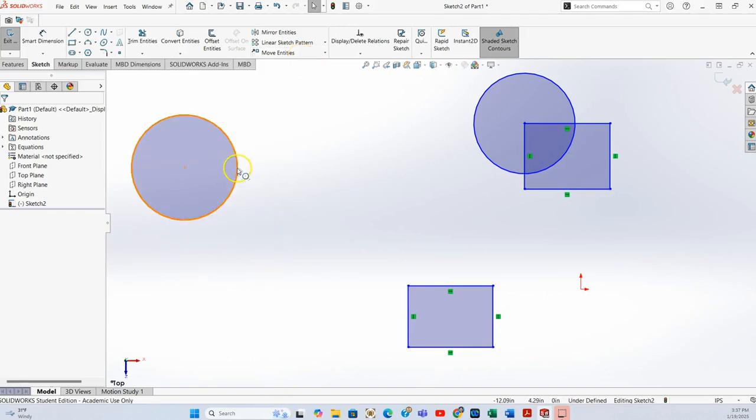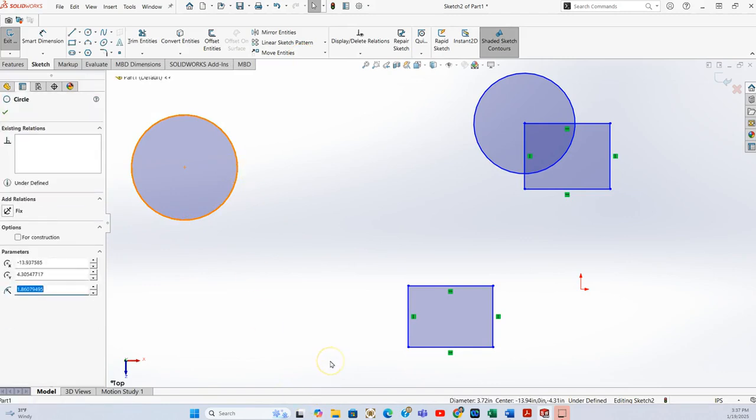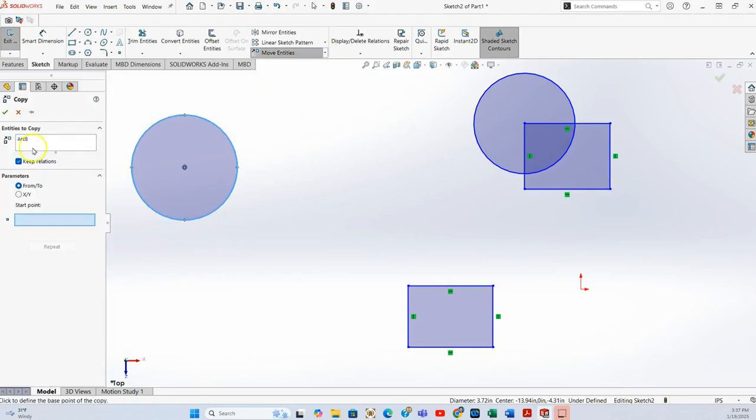Okay, so if you pre-select the entity which you want to move, and then go to the move entities and click on the copy entities, so you will see entities to copy. You will have all, as you have already selected, so that arcade will come over here, and then parameters. So here you can see from to, so if you know the x and y